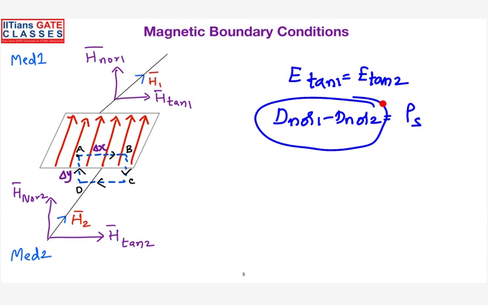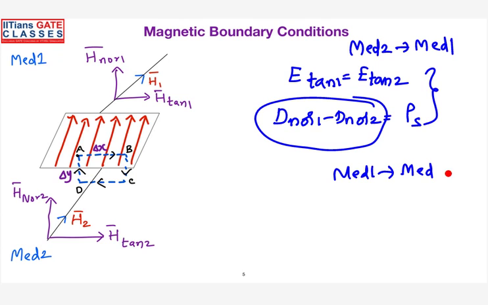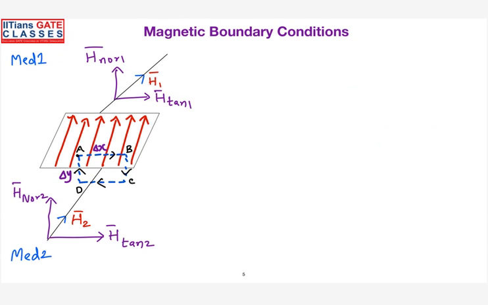That's why you have to be very particular about it. So even these two are also valid, provided the wave enters from medium 2 to medium 1. Suppose you consider the wave enters from medium 1 to medium 2, then this equation gets reversed. So you got the point? Yes, sir. Right. Then you will see the magnetic field boundary condition in the same way.